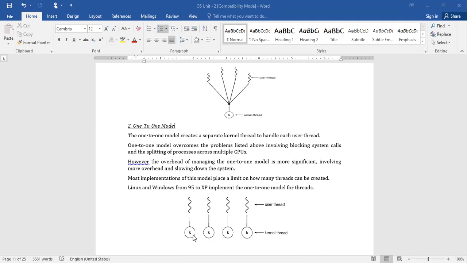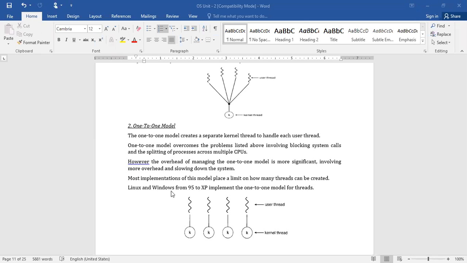The one-to-one model overcomes the problem listed above. What was the problem we discussed previously? If any one thread made a blocking system call, all other threads were blocked because the entire process was blocked, so there was no provision for executing other threads, even though they could execute. But here it is not the case.